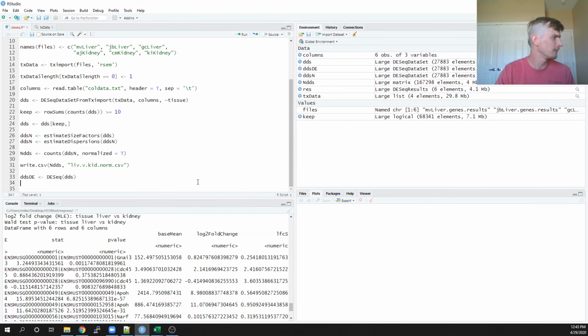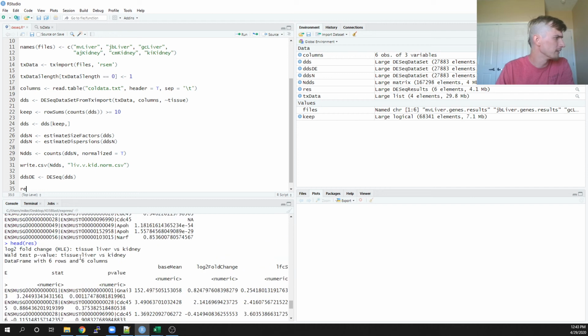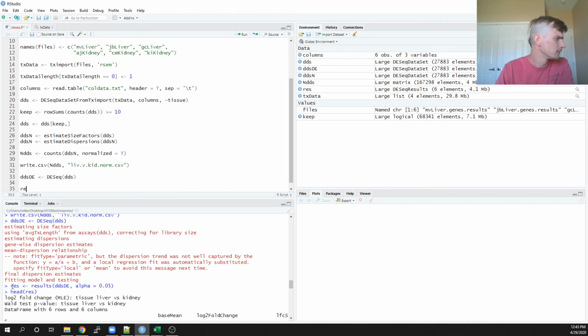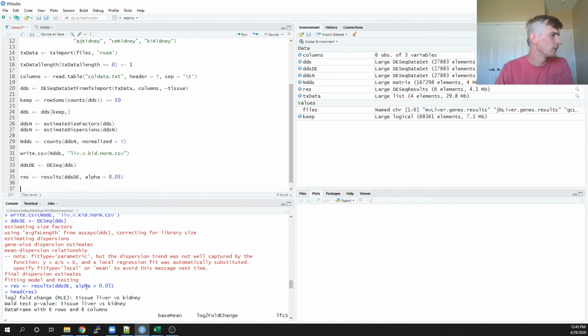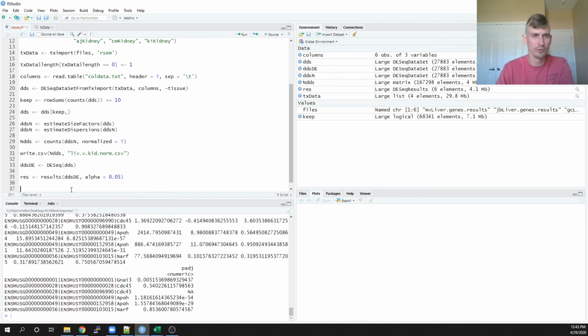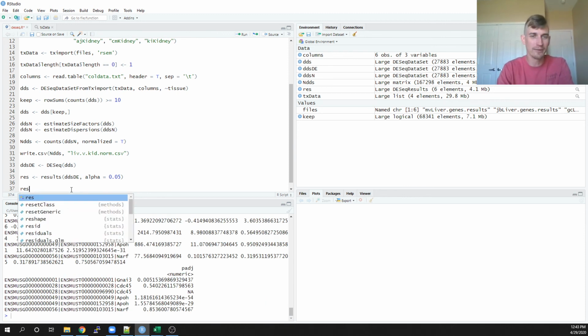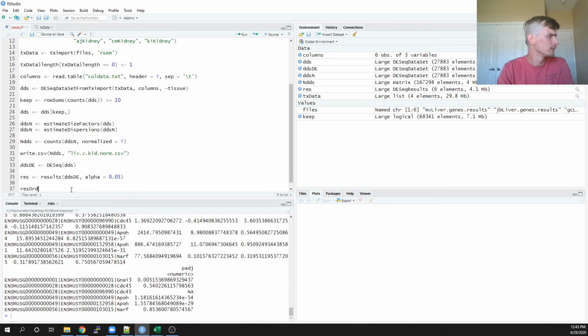So we have this data out. I think I can start plotting it. Let me first write a file out real quick. So let me have this results. Let me save that real quick. And then I'm going to do one more thing to this results first. I'm going to order it based off of my adjusted p-value. So I'm just going to make a new variable called res ordered. That's my results, ordered